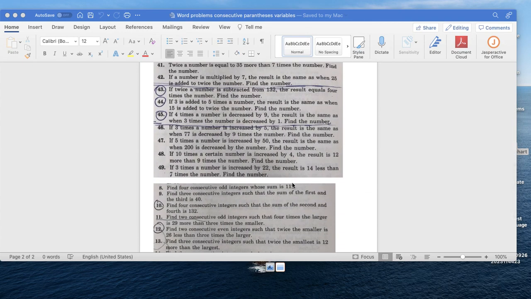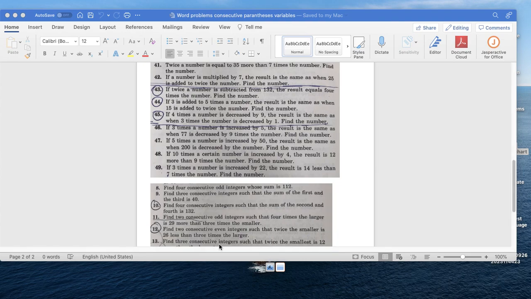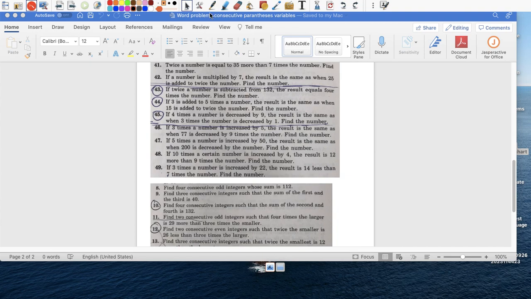All right, so let's start on these. It's 47. Well, I'll do them as we go along. Start quick. 47: 5 times the number is increased by 50. The result's the same as when 200 is decreased by the number. Find the number. So this one, we can just go straight to setting up